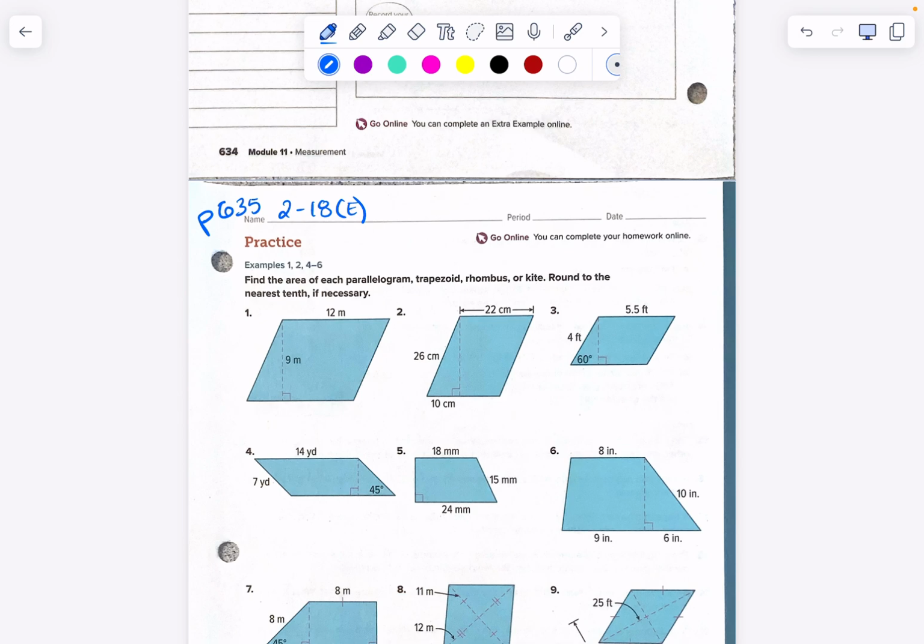Okay. Beautiful. Watch this. All right. 10 squared plus x squared